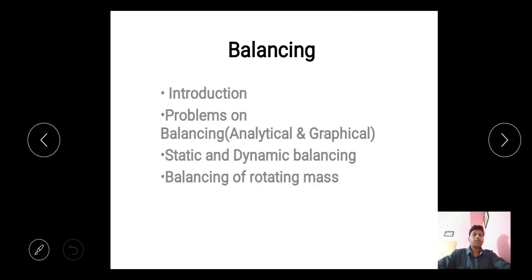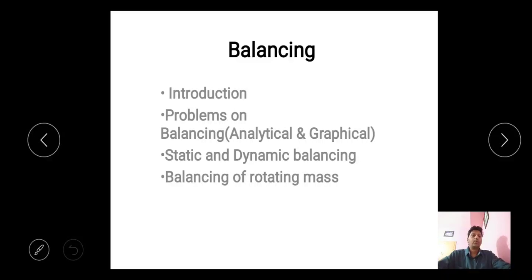Students, we'll start with our next part of our lecture, that is on balancing. In the previous lectures we covered the vibration chapter. It was a small chapter which consists of only theory part, only for 10 marks, and whatever we have taught is enough for your exams. Just collect whatever slides, make your own notes and start studying vibration, which is for 10